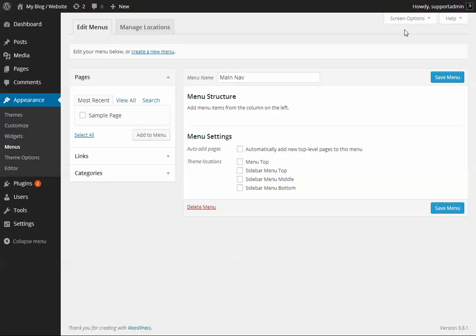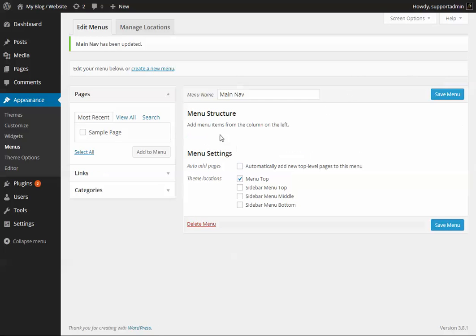So you'll have a menu at the top, then there will be a sidebar menu top probably somewhere in this area over here, sidebar menu middle, and then sidebar menu bottom, which will once again be here, depending on the page. So you don't have to use all of them. In this particular case, we're just going to go ahead and set this one to be the menu top. Once it's saved, any pages that you've made